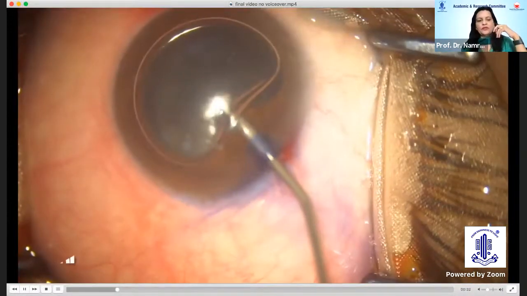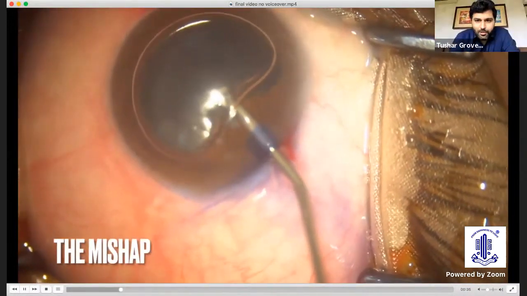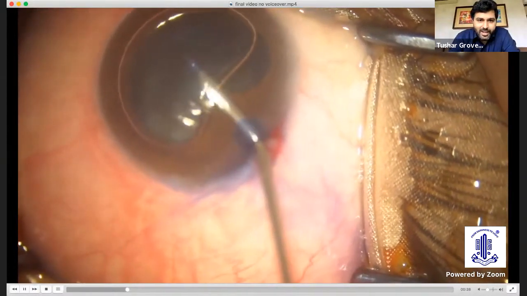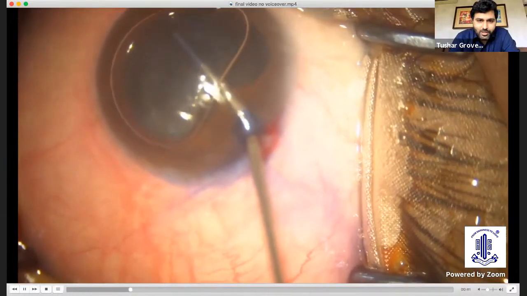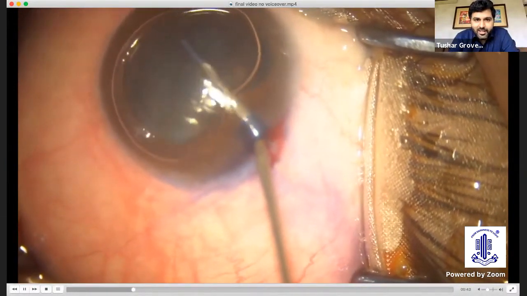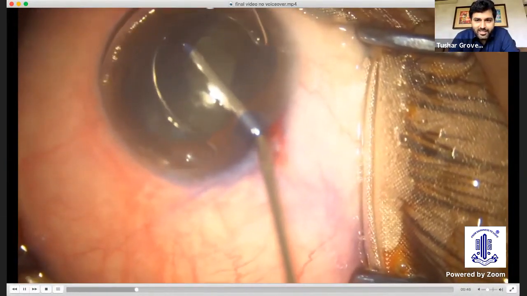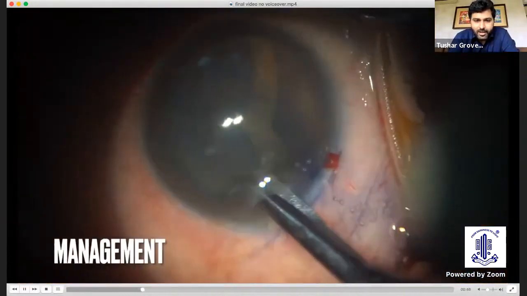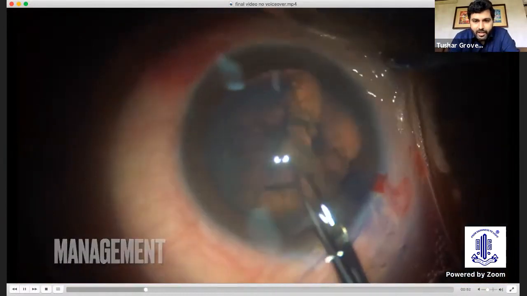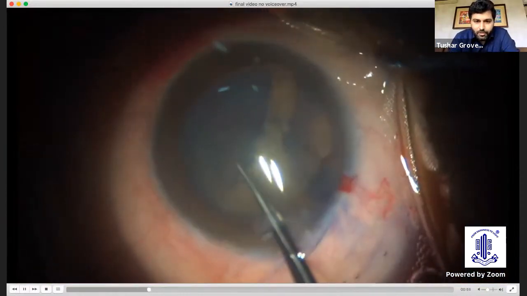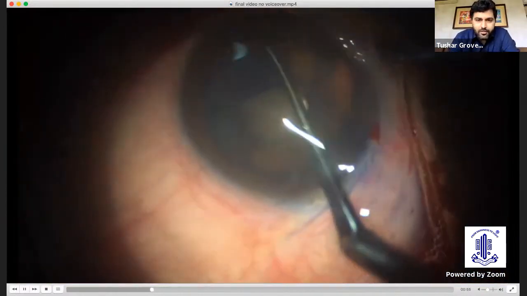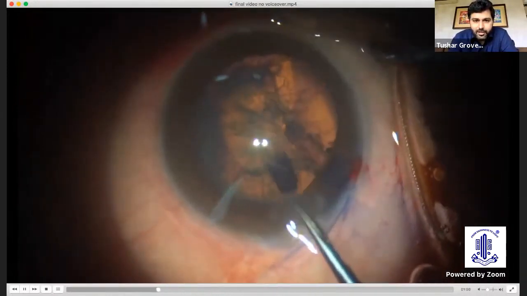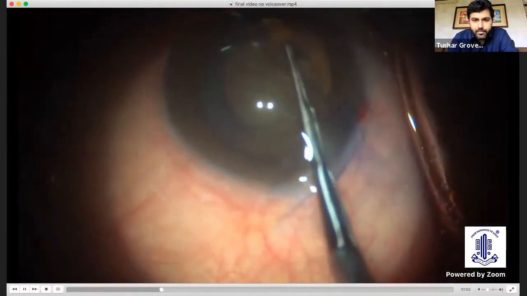So this is the first case where you can see the trainee goes in the wrong plane, rubs against the iris, and then in fact goes under the anterior capsule and injects viscoelastic there instead of injecting under the air bubble. So you see this tear happening in the anterior capsule, which you normally expect in an intumescent mature cataract. So I went ahead and gave Nix on both sides of the anterior capsule, and I did a sort of a manual rhexis in this area so that I could have a circular opening in the center.